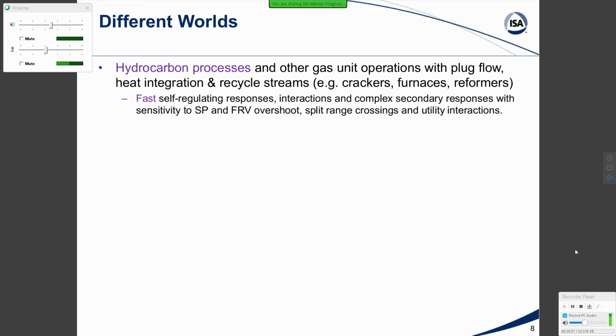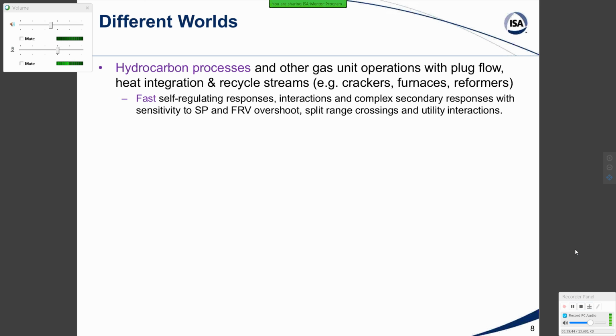In hydrocarbon processes and other gas unit operations with plug flow and heat integration recycle streams, crackers, furnaces, and reformers, and I don't know that much about this world, although I have worked on some hydrogen reformers, and of course some furnaces. They have fast self-regulating responses, interactions, complex secondary responses with sensitivity to set point and FRV overshoot, plus split range crossings and utility interactions. So you can see how their emphasis is less on having proportional action and more on having integral action. Of course, they don't need the proportional action